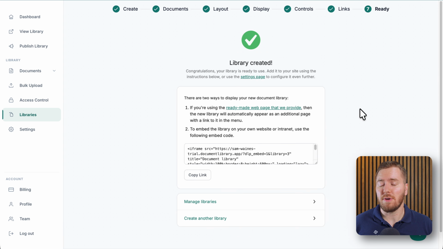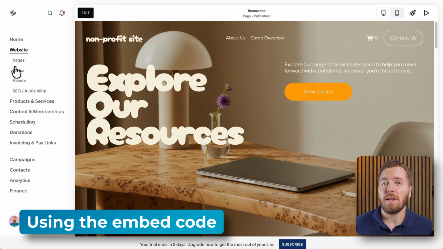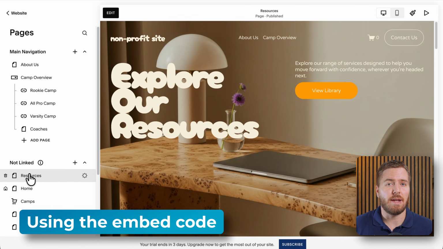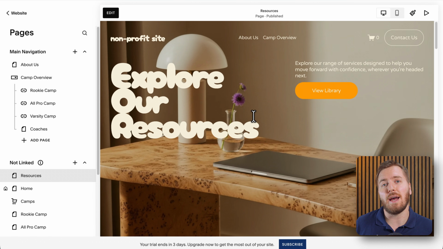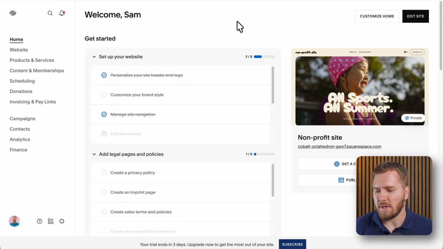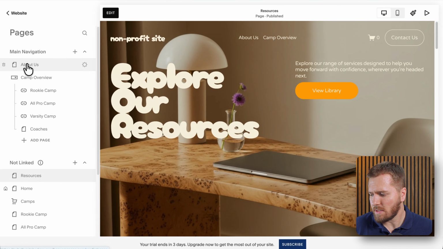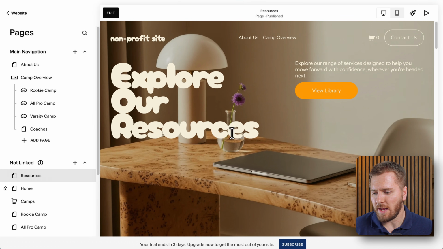All right, so we've just created our library, and this is the code we need in order to embed it on a website. So I've got a Squarespace website here that I'm testing out, and I want to see how it looks when I embed it. So I'm going to copy all of this, and then I'll open up my Squarespace website here, and I'll click on Edit Site. Now I can go to Pages,